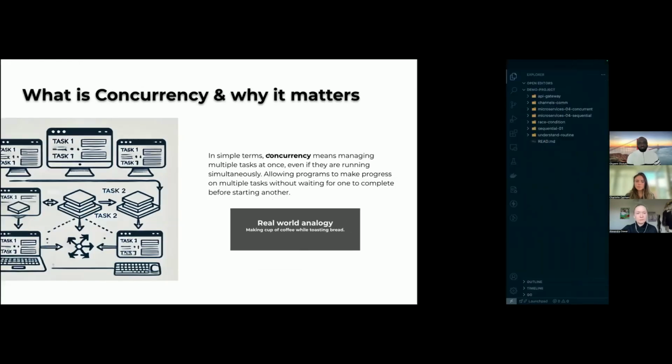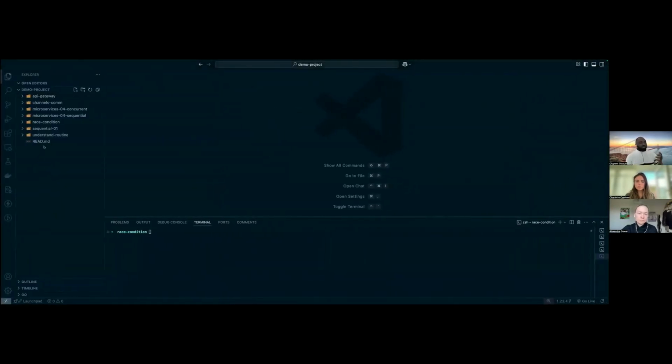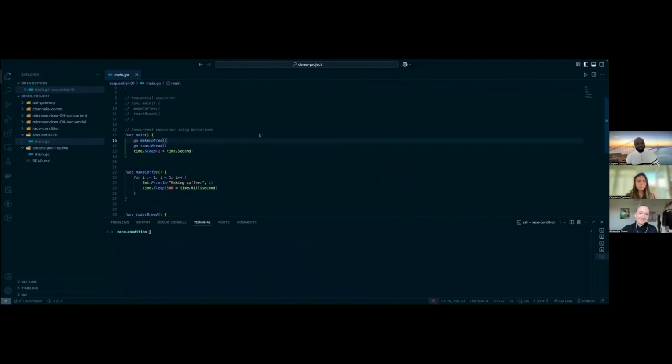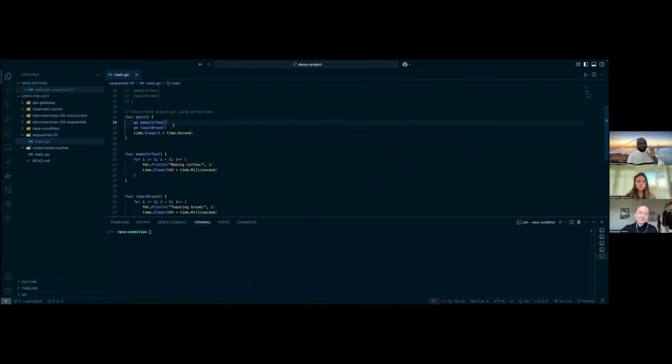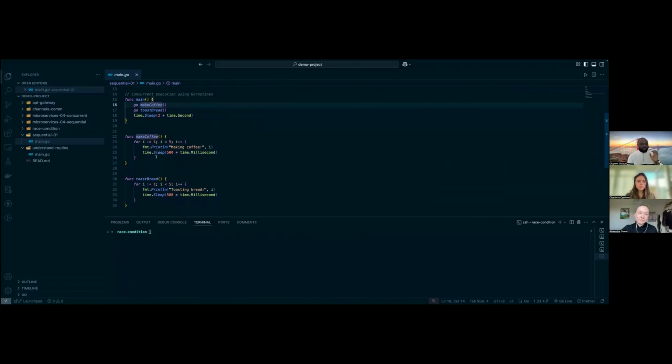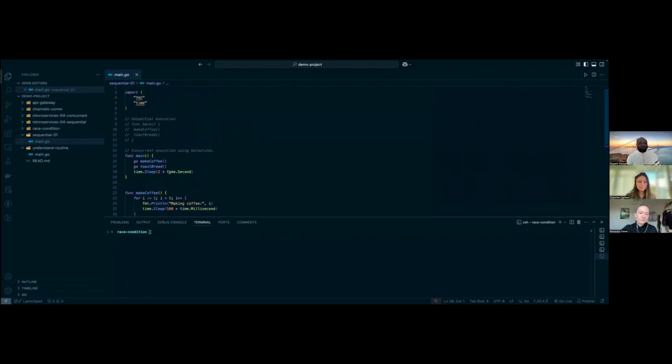I'll show us something from the code, which I think every programmer tends to love. Take a look at a simple function here: make a cup of coffee and toast bread. Can I confirm that you guys can see the screen? Is it big enough? Cool. This is actually for concurrent execution, but this is just a sequential one. Now, if I run this,